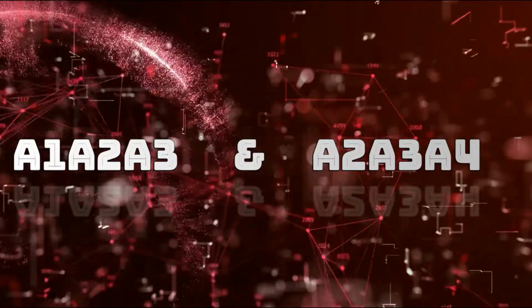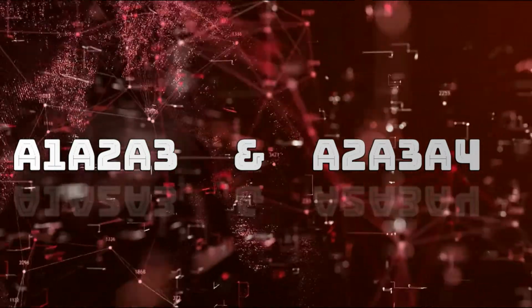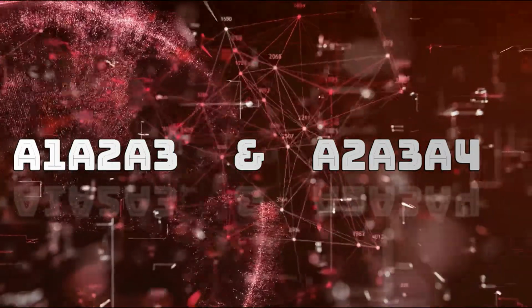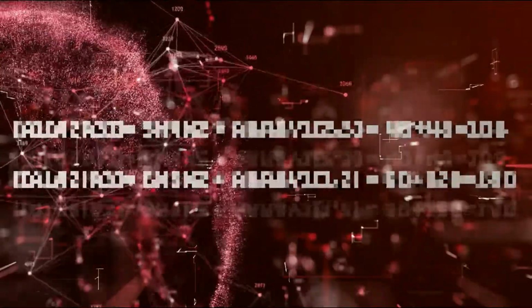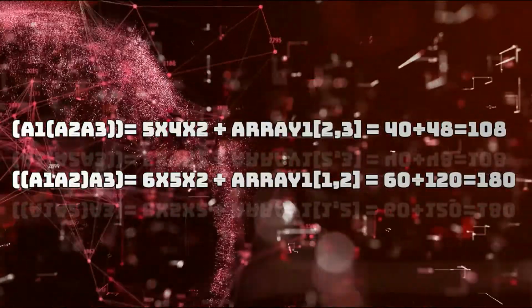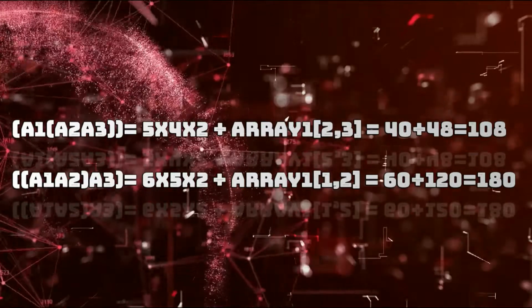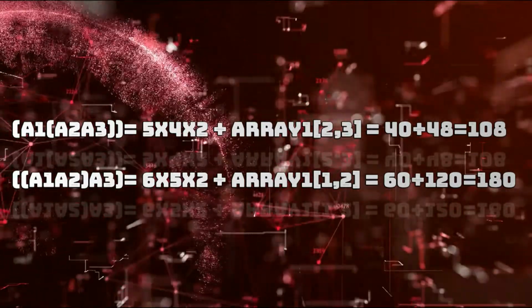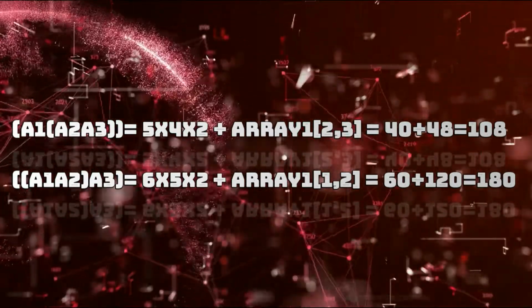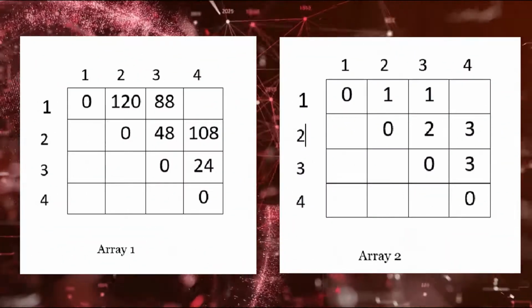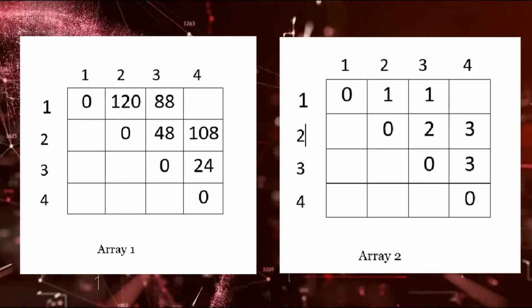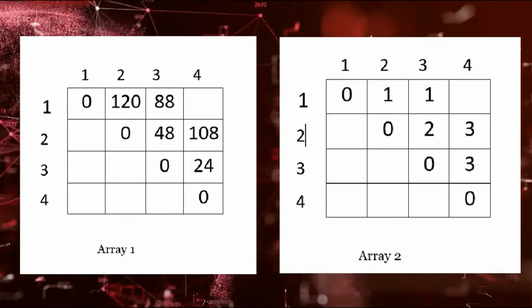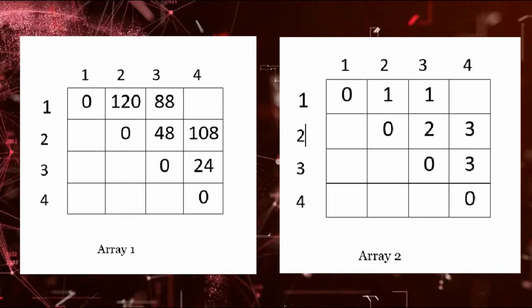Now we'll solve for groups of 3 matrices, that is A1, A2, A3 and A2, A3, A4. We know there are 2 possibilities for each group. We'll find the one which takes the minimum number of operations and store it at the respective position in the array. These values are generated with the help of previously stored sub-values, and in array 2, we'll fill the point of distinction similarly as we did before.